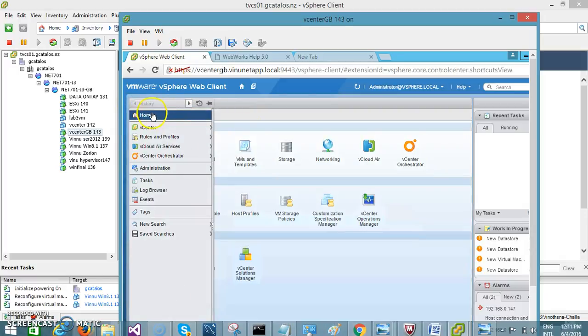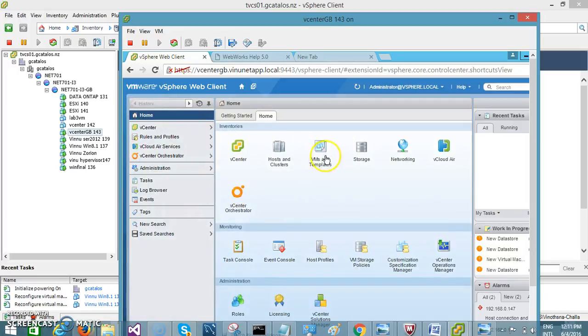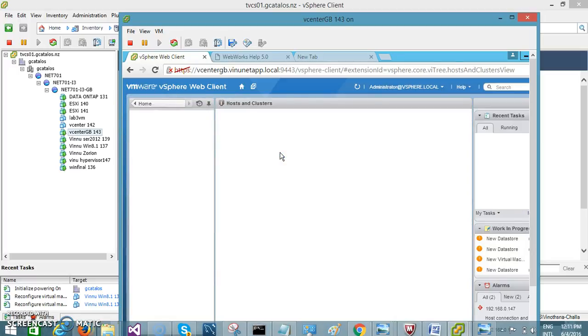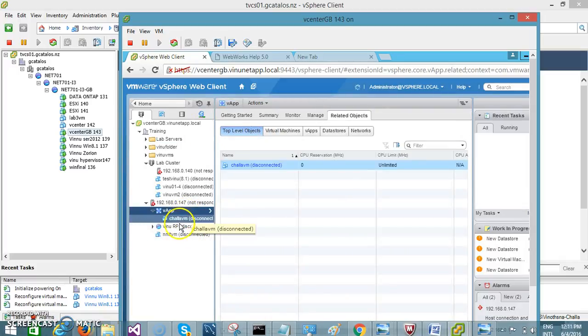When you click here, this is our home, and here are hosts and clusters. You can see these are our hosts and clusters. I created so many hosts and applications, resource pools along with my virtual machines. And coming to another task,